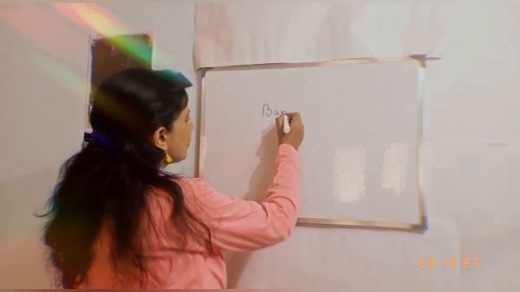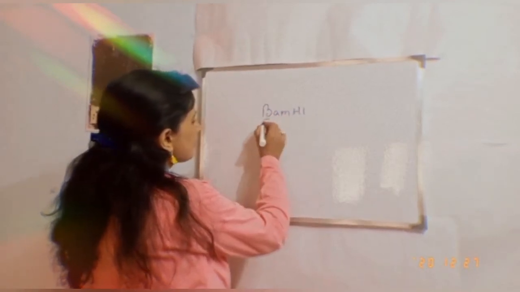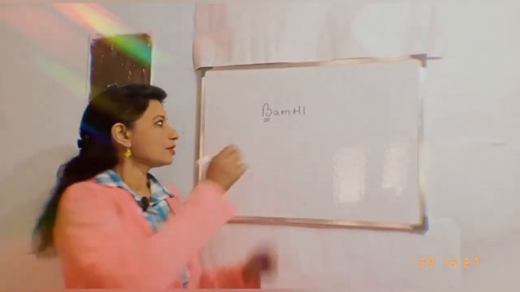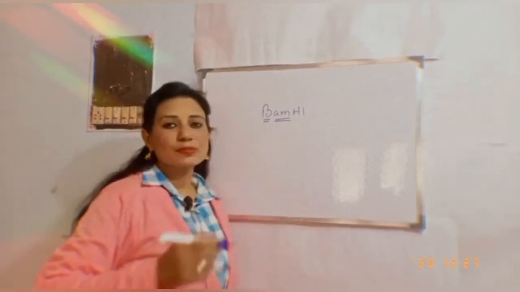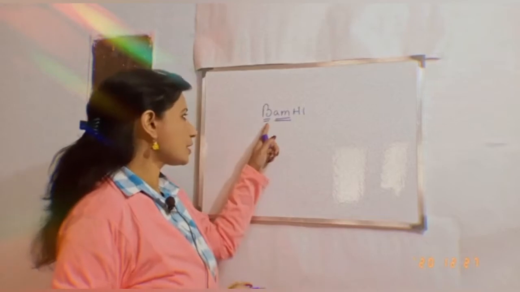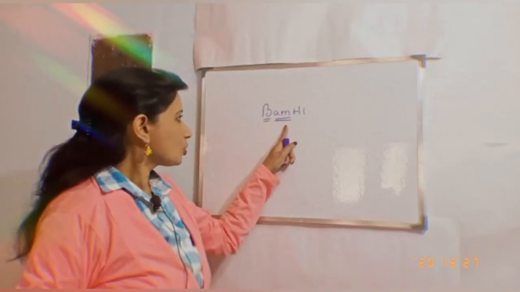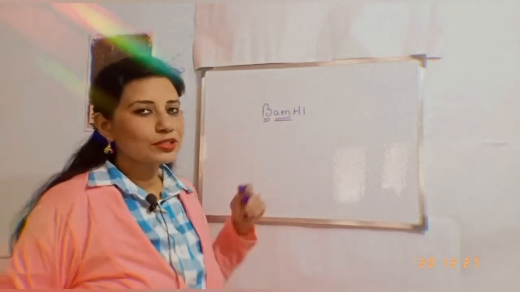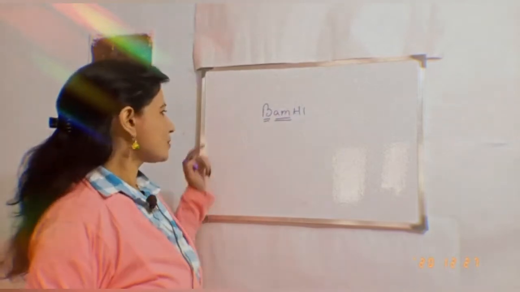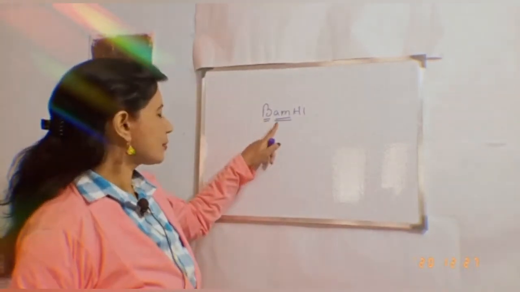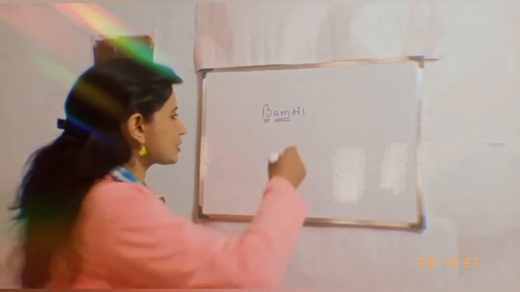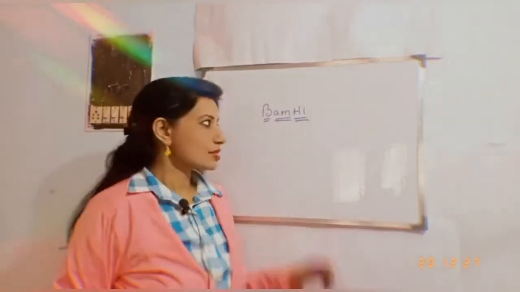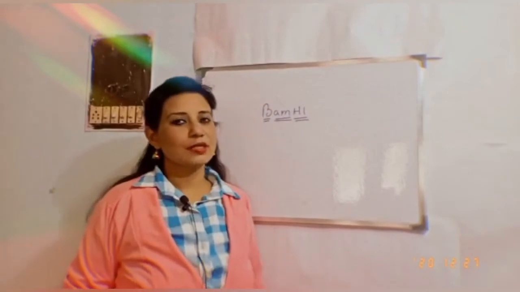I had said about BamH1. The first letter denotes the name of the genus from which the bacteria has been isolated. The next two letters are for the species that it has been taken from. So in this case it is Bacillus amyloliquefaciens. It's a very complicated name and there are a lot of pronunciations. I do it in my own way. You can also do it in your own way as long as you get the correct spelling. So Bacillus amyloliquefaciens and H1, that's the strain from where it is taken, the particular strain number. This is how the nomenclature goes, and this is a type 2 restriction endonuclease.